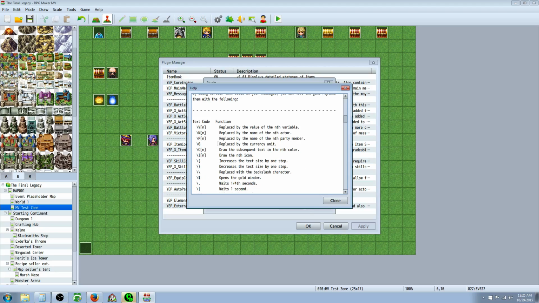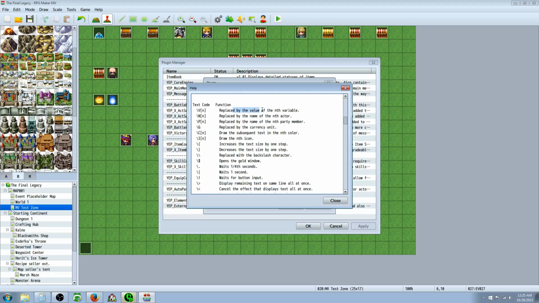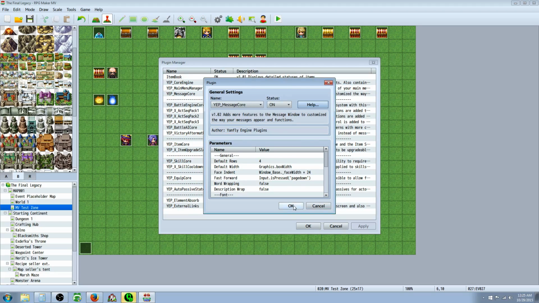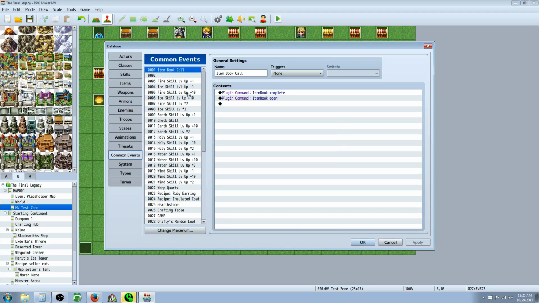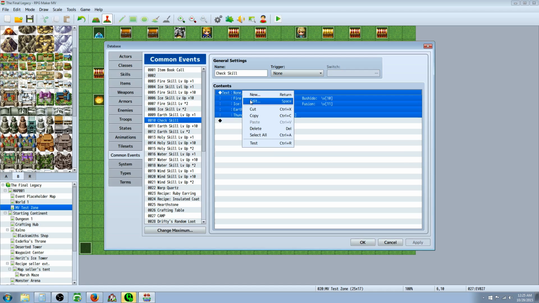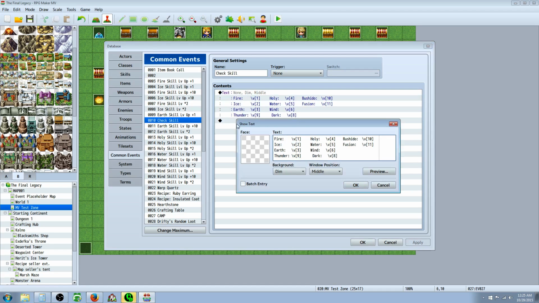All the text codes are in here, all the cool stuff you can do. Oh, I do this one all the time, call for a variable. I actually have an item that, go to my common events, called check skill. And basically, it's just when you use an item, it calls for a common event, and